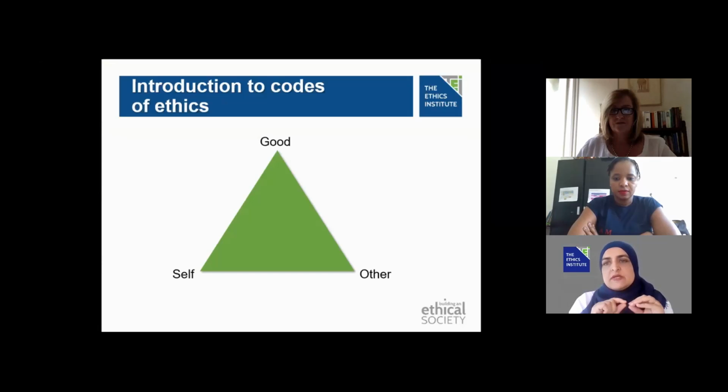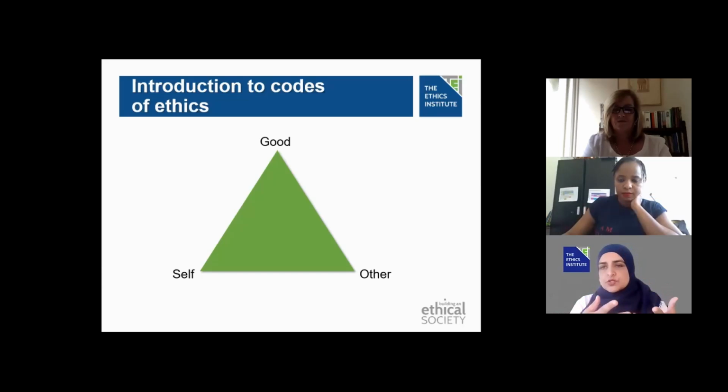It's about achieving a balance between doing what is good, what is right, what is fair, what is lawful, both for the self as well as for the other. And the self could be an individual, it could be the organization, and the other could be those that one interacts with. And we took that concept and we applied it to the notion of a code of ethics, and we said that in the context of organizations, a code of ethics can be considered to be a representation of what that good looks like, in terms of what is the balance that the organization tries to achieve, in terms of what is good for itself vis-a-vis what is good for others.